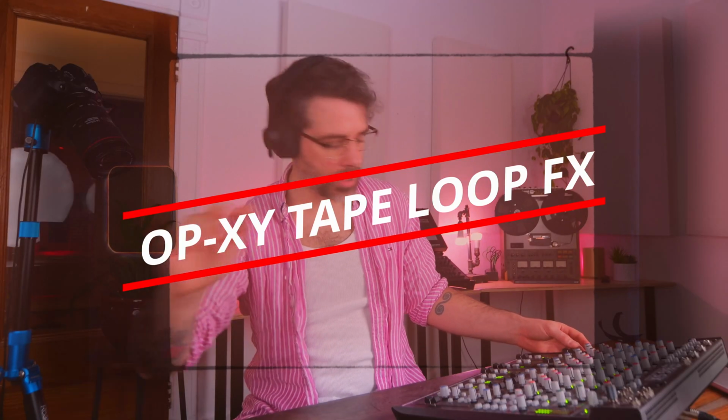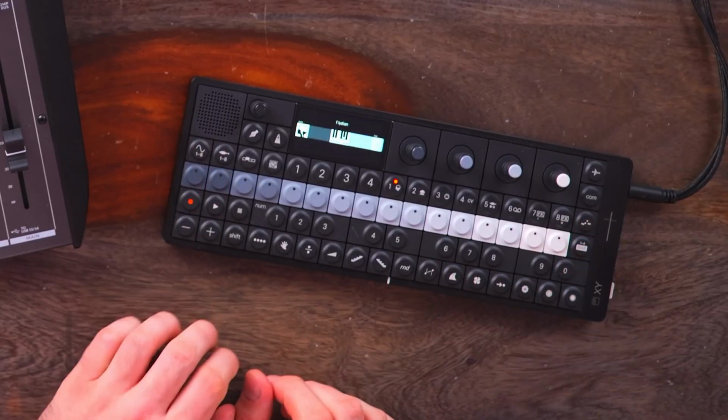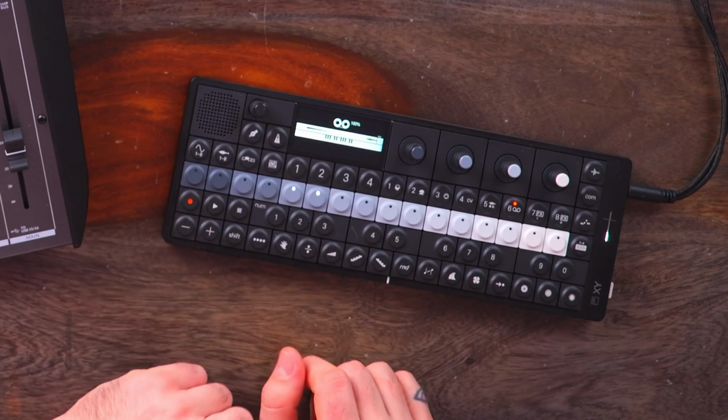Okay, so for this part, I'm gonna do this entirely through the OPXY. We're gonna go over to this section here. We have a bunch of other tracks that we haven't touched. So we have the tape track, which is like a looping sort of feature. So if I play through this,